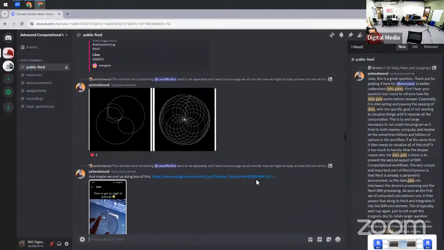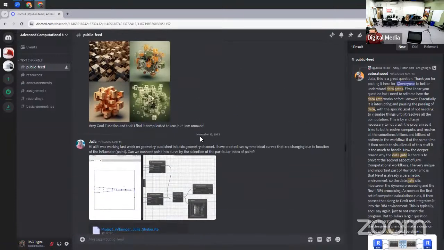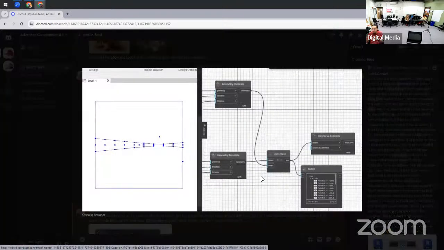Let's see if I can find an image here. Oh, we should definitely come back to this post because I think it's hilarious. But instead of, Julia, kind of what you described here, right? This single image is the data gate. It allows you to then say, no, show me a visual of all the options I supplied you parameters for. For example, I might have two, parameter 1 and parameter 2, and there's a range for each. And within the math, I have a million different design options. The data gate is one part in that process that says, cool, calculate all those million things and output me a visualization.